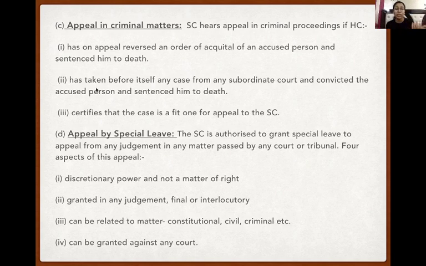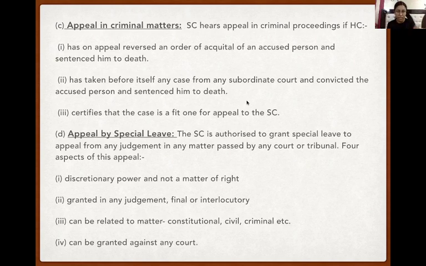Next is when the High Court has taken before itself any case from any subordinate court and convicted the accused person and sentenced him to death. Also जब कोई हाई कोर्ट, फॉर एग्जाम्पल किसी भी लोअर कोर्ट में कोई केस चल रहा है, अब हाई कोर्ट ने क्या किया, अपने पावर के अंडर लोअर कोर्ट से उठा के उसको केस को हाई कोर्ट में ले लिया सुओ मोटो कि नहीं नहीं वी विल ट्राई दिस केस। ओके, एंड उसमें क्या किया, जो एक्यूज्ड पर्सन था उसको बेसिकली कन्विक्ट कर लिया और उसको सेंटेंस टू डेथ कर दिया कि आपको मौत की सज़ा सुनाई जाती है। तब भी सुप्रीम कोर्ट जो है वो जब तक डेथ पनिशमेंट को सर्टिफाई नहीं कर देगा, दैट विल बी नॉट फाइनल।